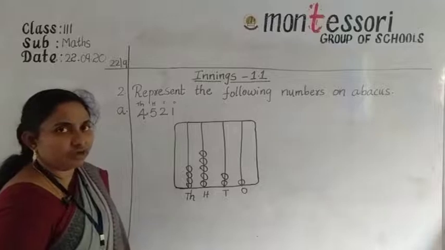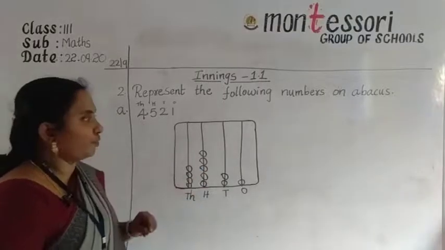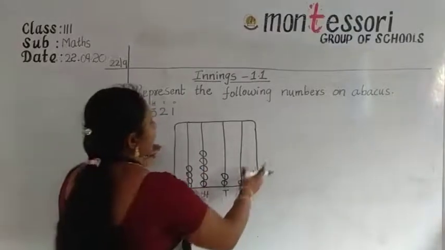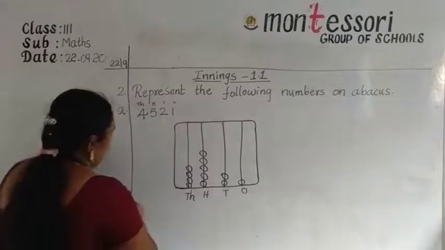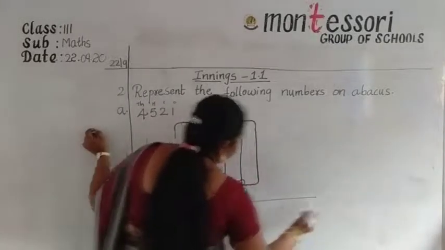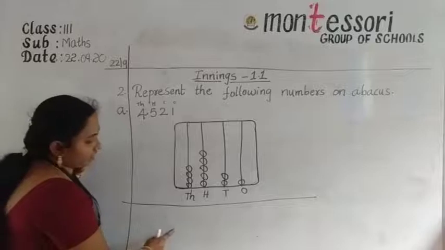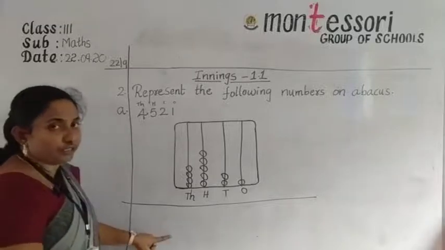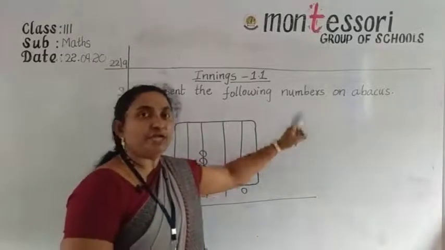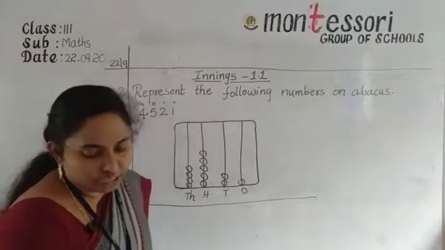Very easy, no? So now I am going to the second problem, the B bit. So you can write this after you finish drawing the lines, and the second bit you can write here, but this is not visible for you, so that's why I am writing inside, but you can write it down below. Okay.